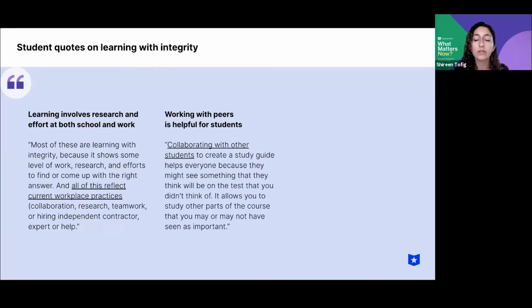And working with peers is helpful for students. So one student stated, "Collaborating with other students to create a study guide helps everyone because they might see something that they think will be on the test that you didn't think of. It allows you to study the other parts of the course that you may or may not have seen as important."